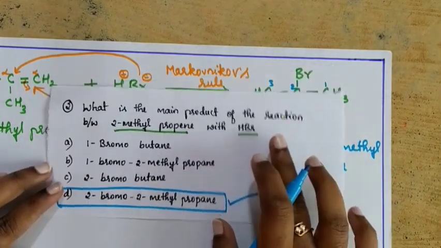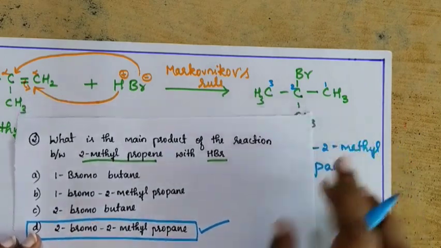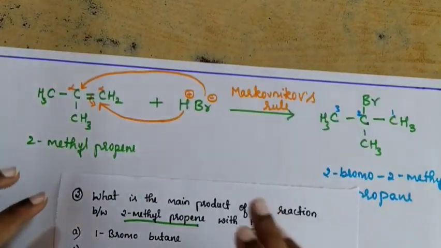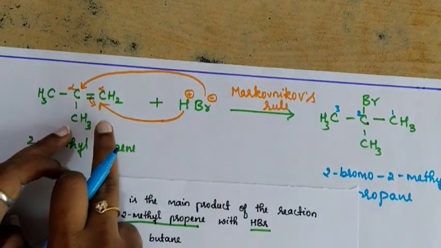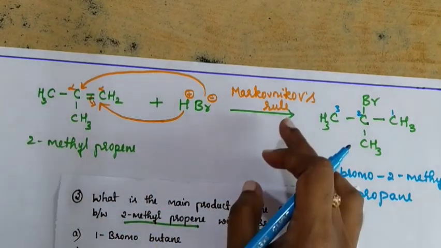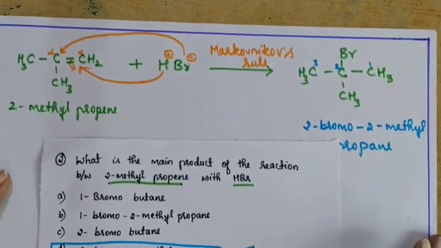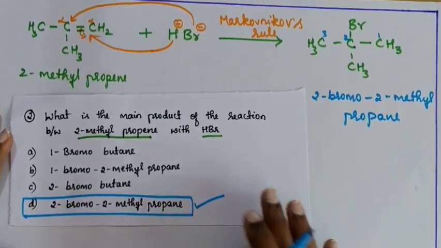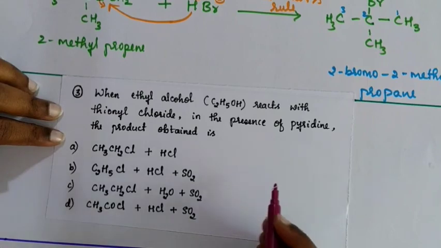So when they ask these kinds of questions, first you need to write the reaction and find out the product. And remember, when you make the reaction between hydrogen bromide and an alkene, in most cases it will take place based on Markovnikov's rule, when there is no extra condition provided. If a condition is provided, then it might take place by the anti-Markovnikov rule. Understood? Let's see the third question.